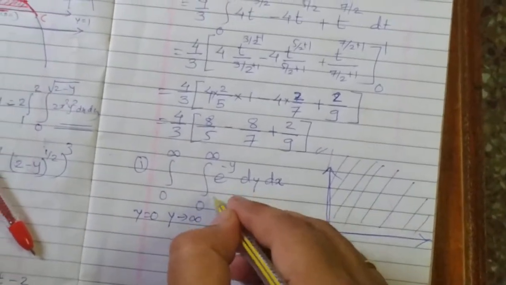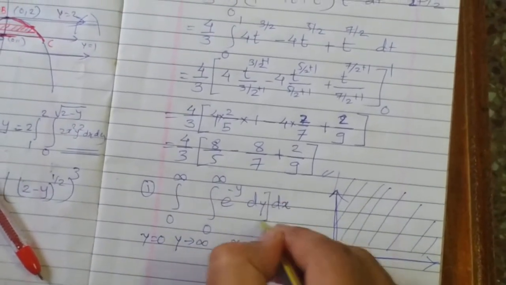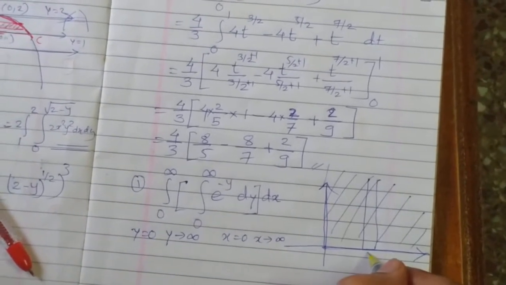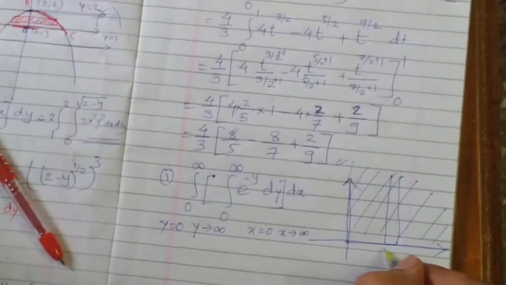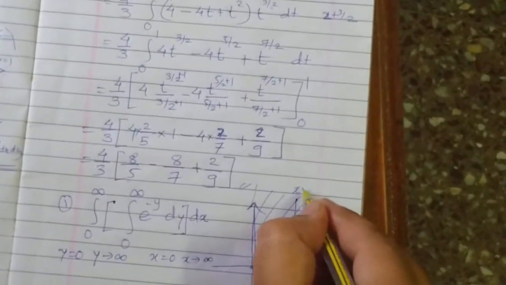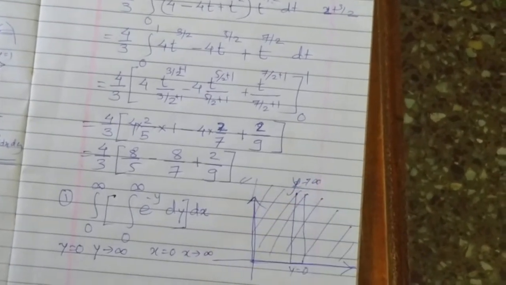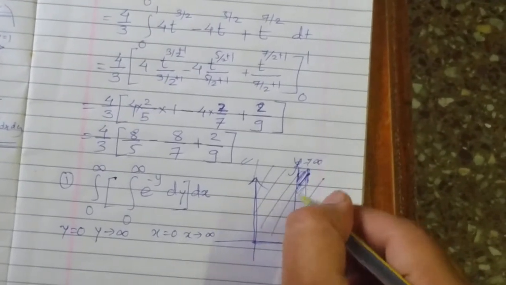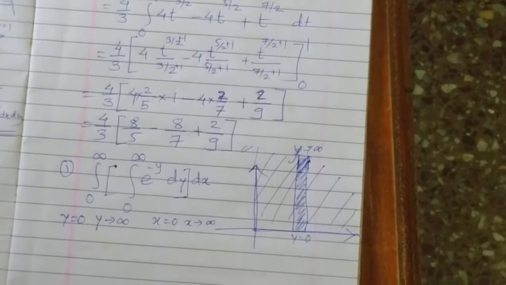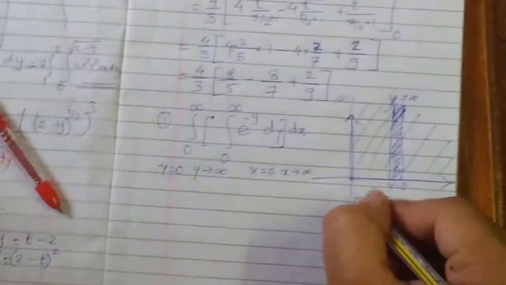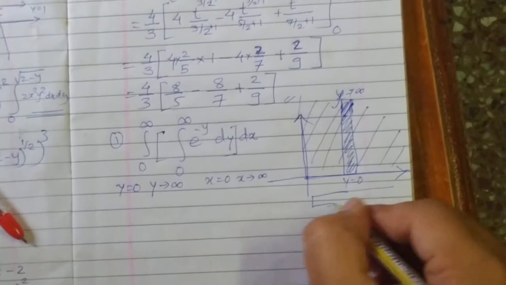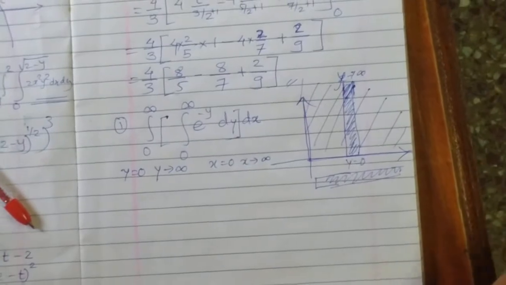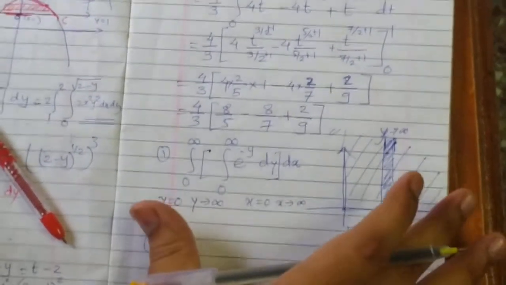Now if you take a strip parallel to the y-axis, taking the inner integral as y, then your strip is like this. The lower end of the strip lies on the x-axis where y is equal to 0, and the upper end is towards y equal to infinity. So this is an infinite strip problem. Or if you take a horizontal strip, then here you have x equal to 0 and this end of the strip is towards infinity. So this way you get an infinite strip. Okay, so this question I have explained through its graphical representation.